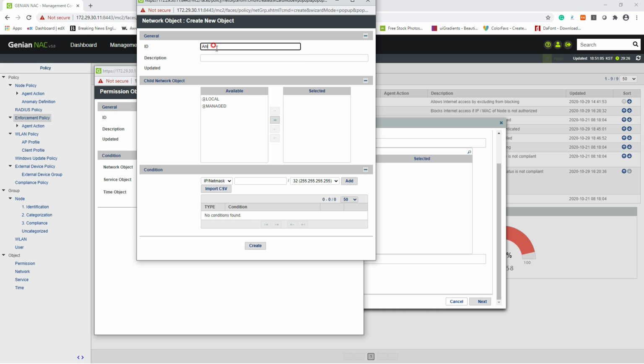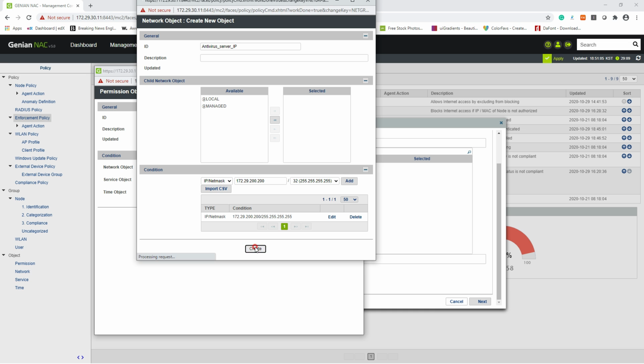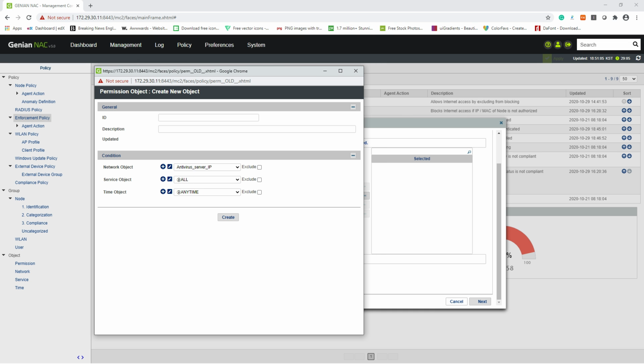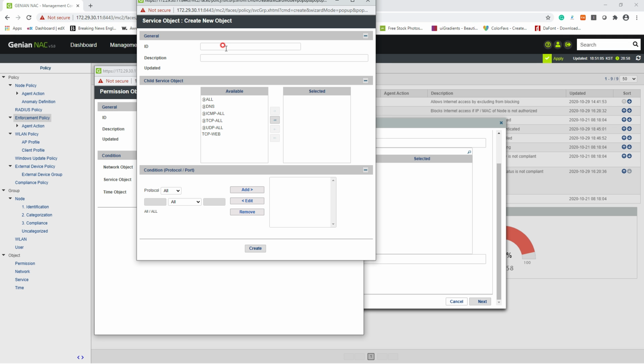name, server IP, and add, create it, and service object allows only 443 TCP. Add, create,